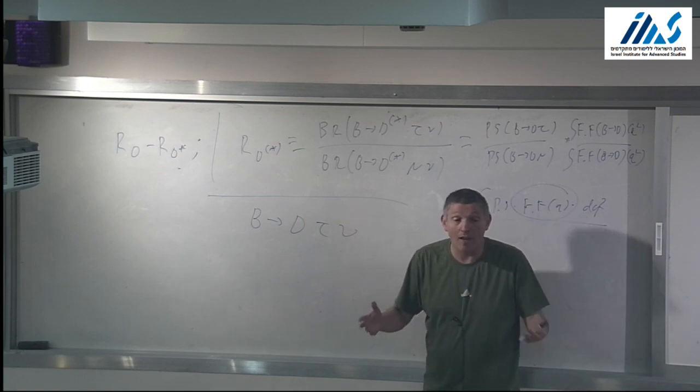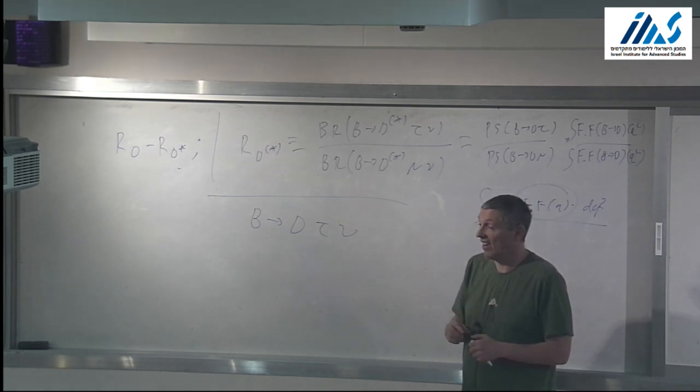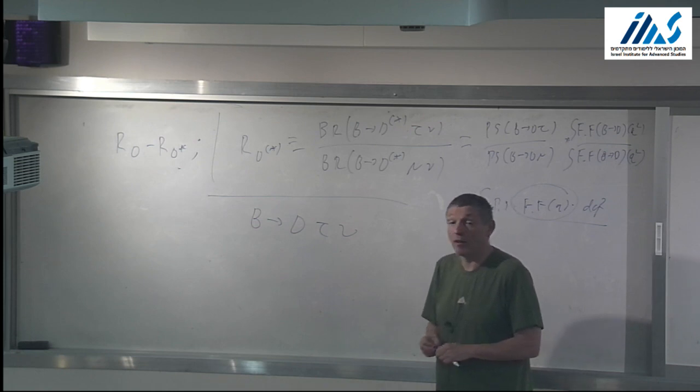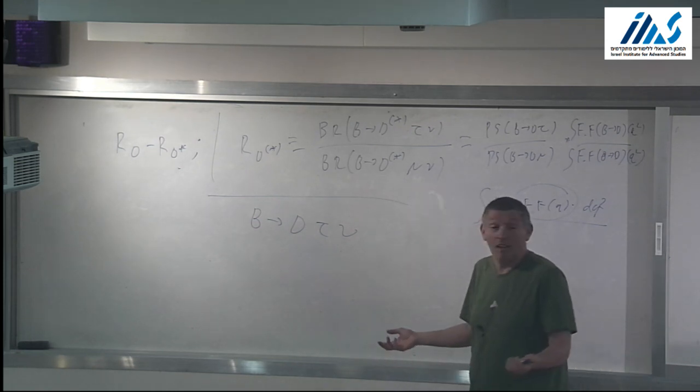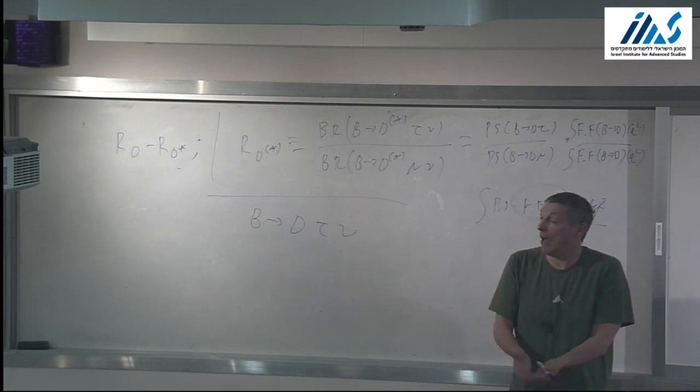So I have to violate lepton universality. But how? Make the coupling flavor dependent? Make the coupling flavor dependent. Really nice. All I need to do is change the coupling from the W so that it's coupled to the tau